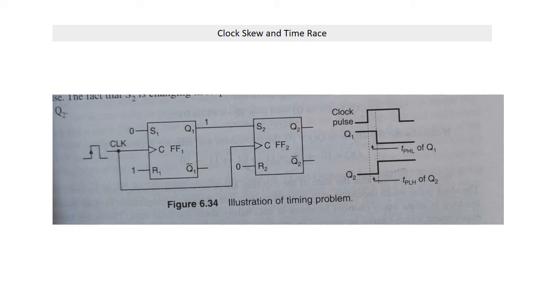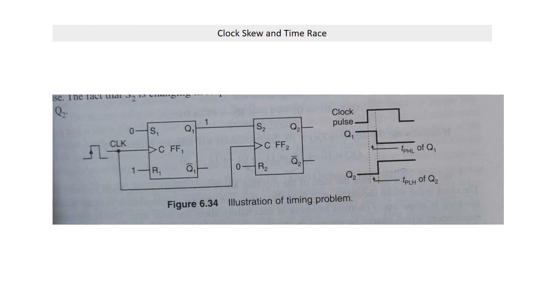If the clock skew is minimal, a flip-flop may get clocked before it receives a new input, and this new input is derived from the output of another clocked flip-flop. On the other hand, if the clock pulse is delayed significantly, the inputs to a flip-flop may have changed before the clock pulse arrives. In these situations, we have a kind of race between two competing signals that are attempting to accomplish opposite effects, and this can be termed a time race. The winner in such a race depends largely on unpredictable environmental conditions or propagation delays. It varies from device to device.